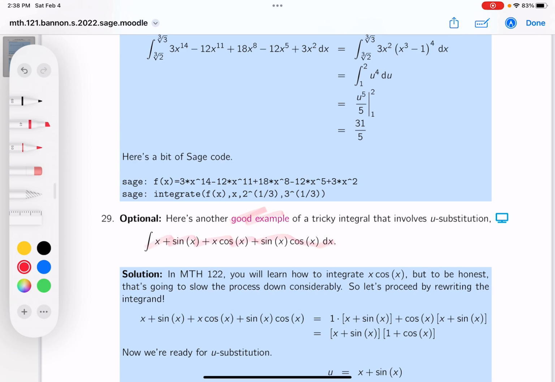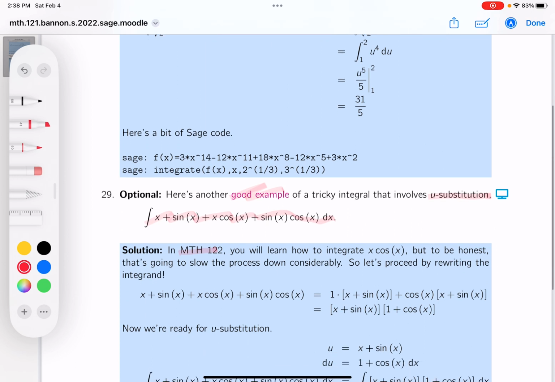All right, so I think it's an interesting problem. It's a U substitution problem, although if you have more knowledge, for example, if you've taken Math 122, you may find a different method to it, which I believe is more difficult, and certainly for my 122 students, I'll show them that, all right? So the first thing I would do, since they told me it involved the U substitution,